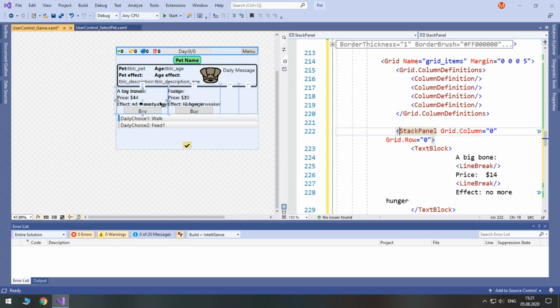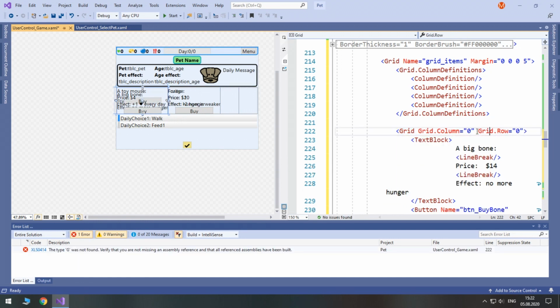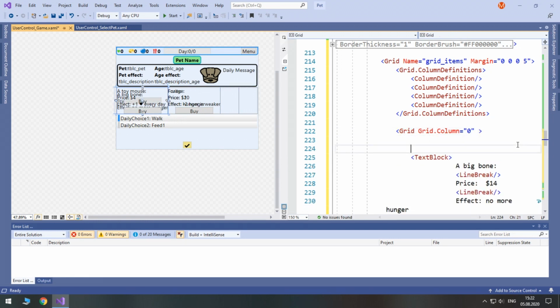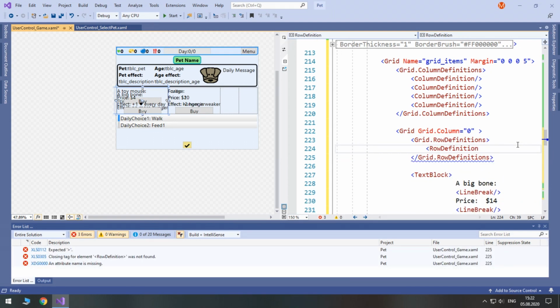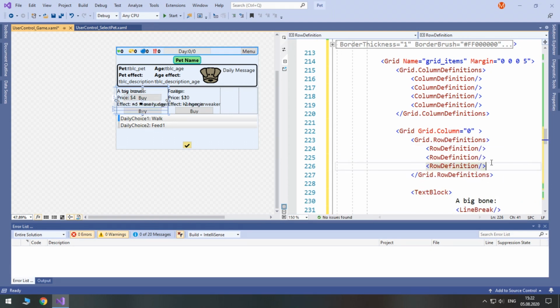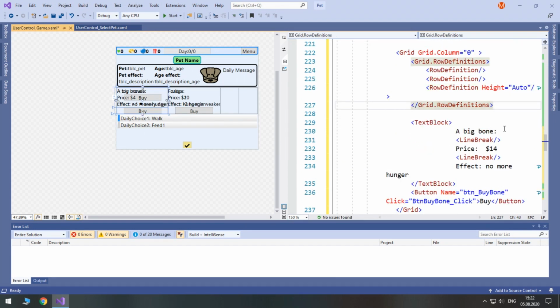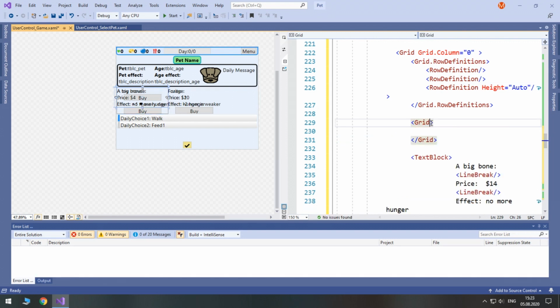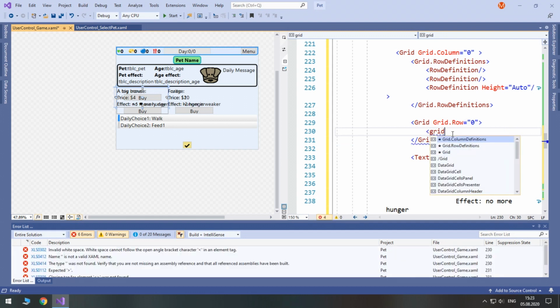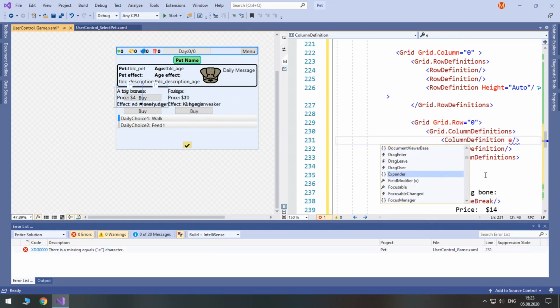Now, instead of using stack panels, we are going to use a more fixed structure like grid. So change it to grid, remove the row. It will have 3 row definitions, so grid row definitions. The first 2 will have equal height, while the last one will have auto height. Inside of it, in the first row, we will have a grid with 2 columns, so set it to grid row 0. It will have grid column definitions. The first will have auto width, so